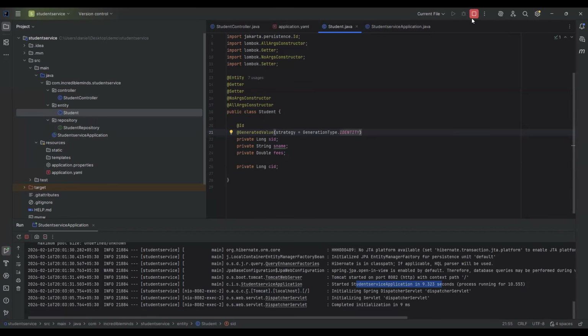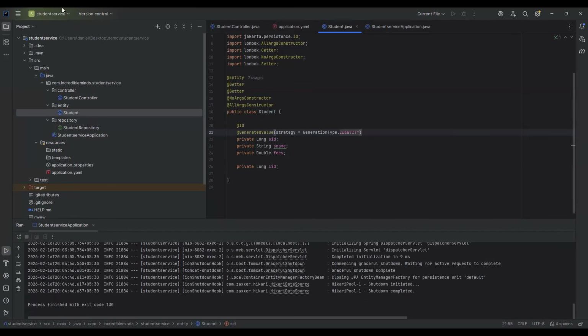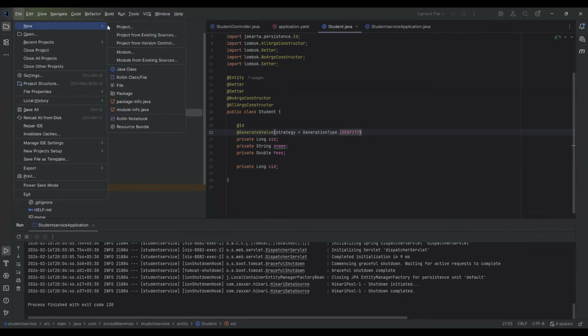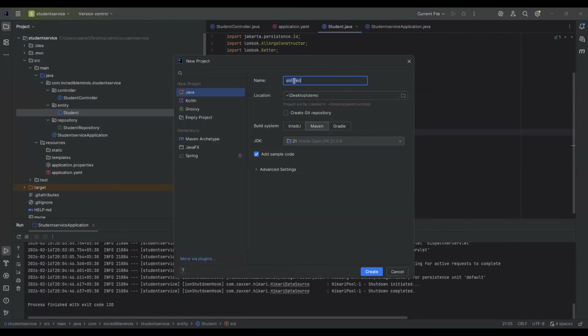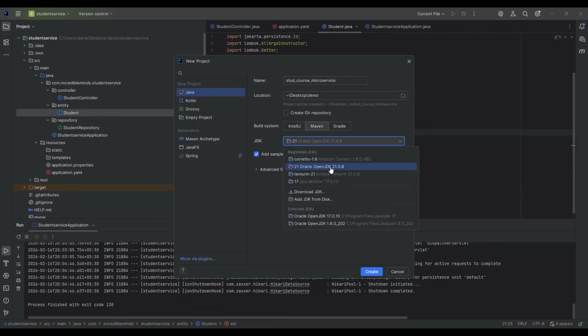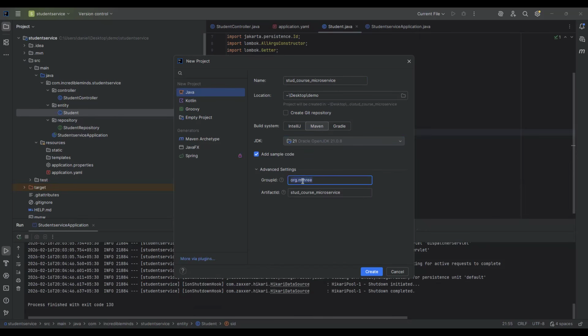Okay, so here what I'm going to do, I'm going to stop this. I'll create one project. Okay, I'll name it as student underscore course underscore microservice. Okay, and then this will be the same in advanced settings. Keep it as